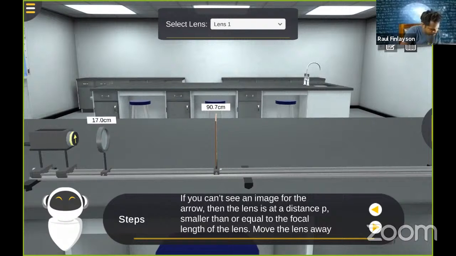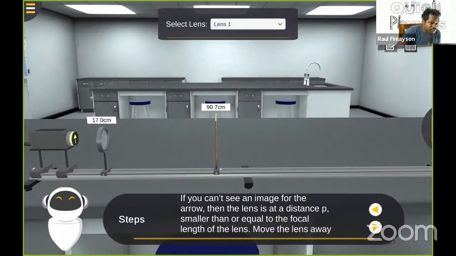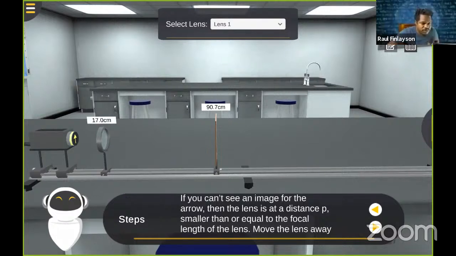So convex lens, or we call it lens image formation. There are actually 5 rules for the convex lens, and those have to do with the distances that produce images. So this is saying that if we cannot see an image for the arrow, if you can't see an image, let me just